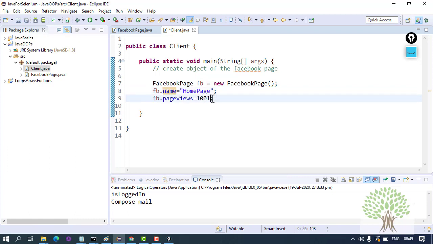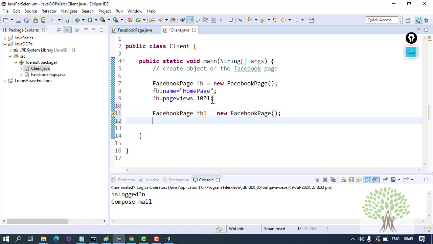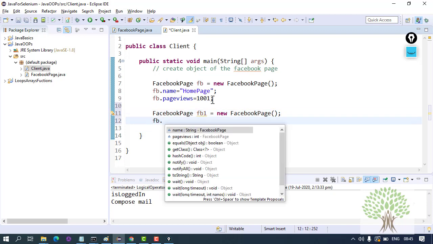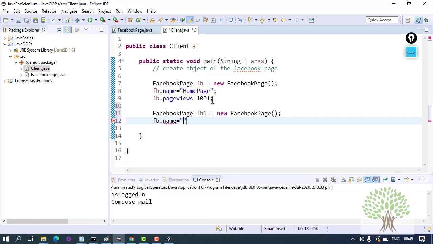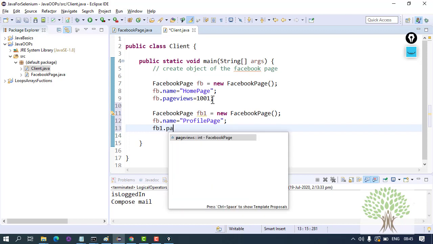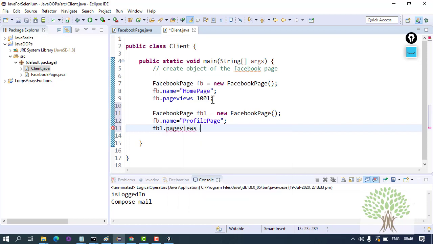Now you can create as many objects of this class. I can create another object, say fb1 equals new Facebook page, and fb1 dot the name of the page is, say, profile page, and fb1 dot page views will be equal to, say, 2000.